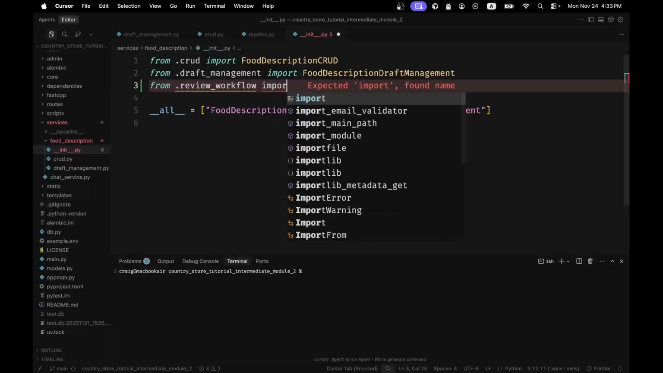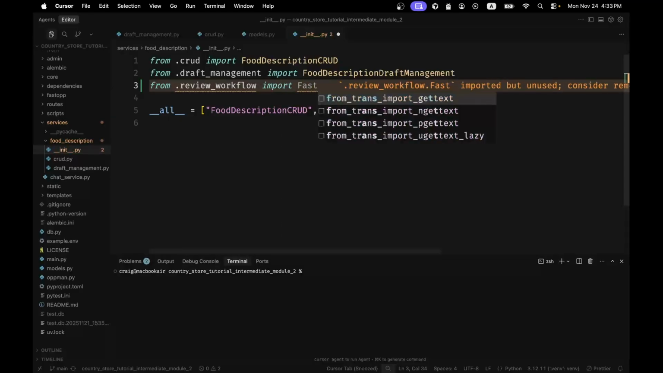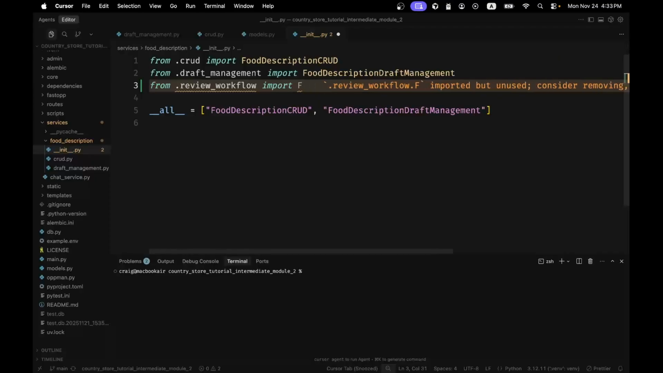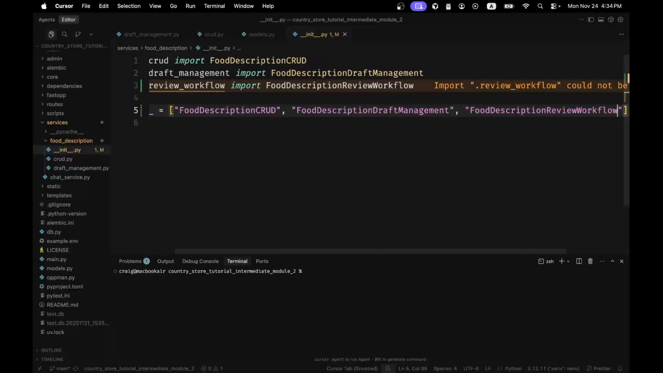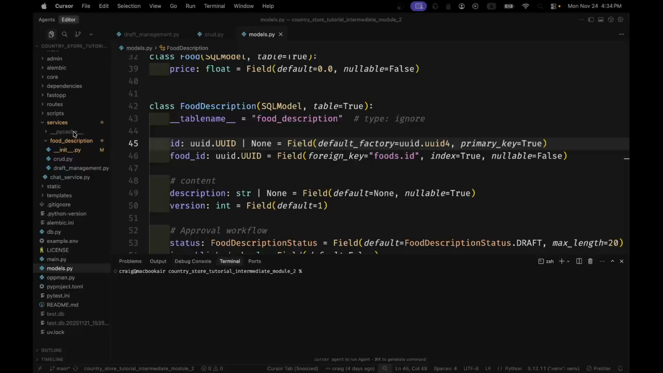And we're going to import, which doesn't exist yet, food description review workflow. Workflow, there you go. And down here for all, we'll also add the new file, which doesn't exist yet, food description review workflow. All right. Now that we know what we want the file to be, let's go ahead and create